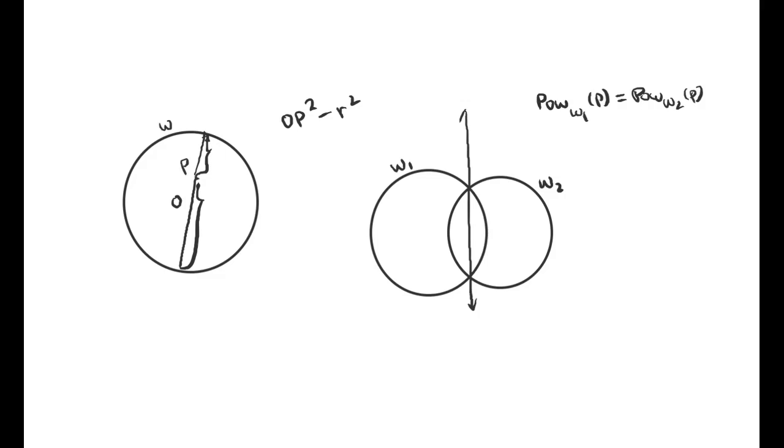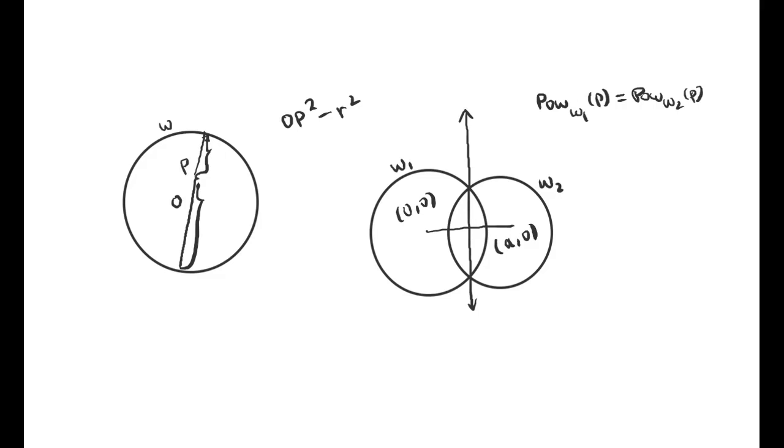So in this case, where these two circles intersect at 2 points, you can see that the radical axis is a line that passes through the 2 points of intersection of these two circles. And to prove this, you can basically chord bash. So if you let the center of omega 1 be (0, 0), and the center of omega 2 be